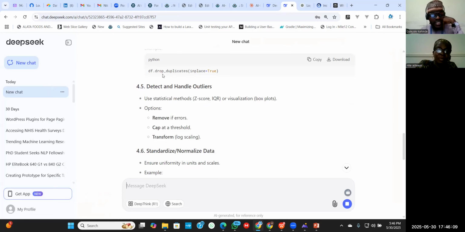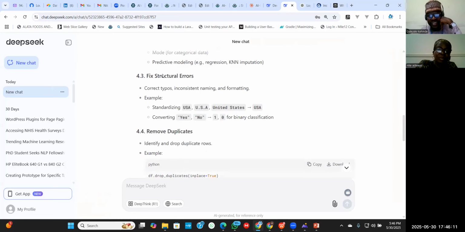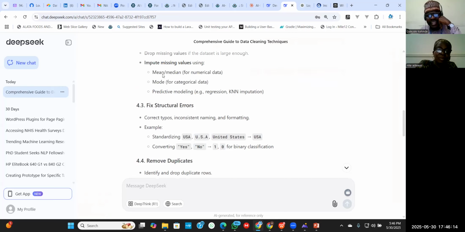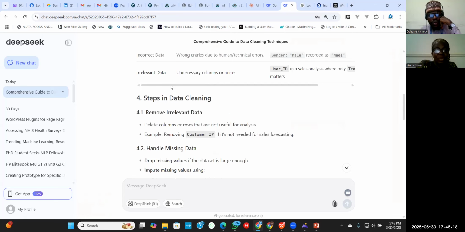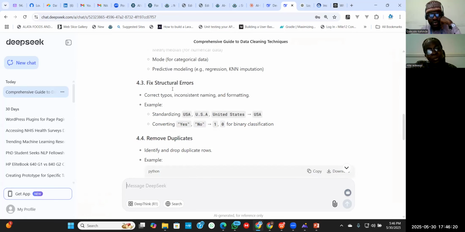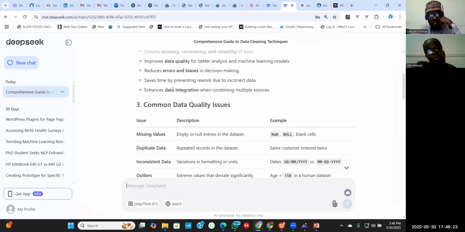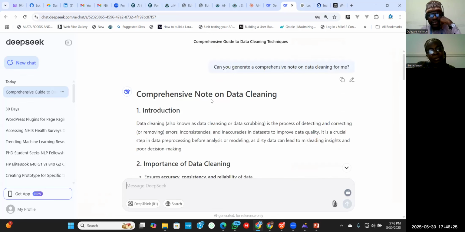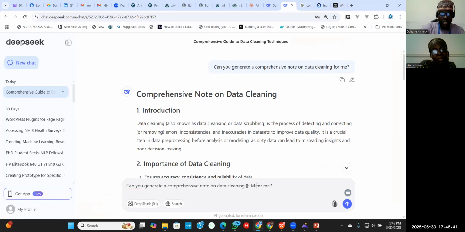Although this is Python, we are supposed to specify the tools that we want it to use to create the note. So we just give it a generalized question. So we can just say, can you generate a comprehensive note on data cleaning in Microsoft Excel?